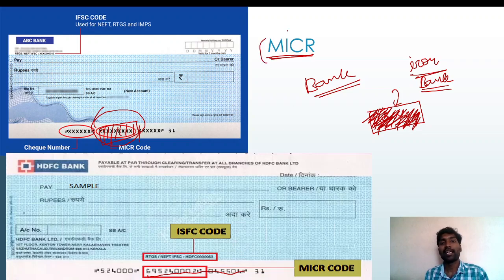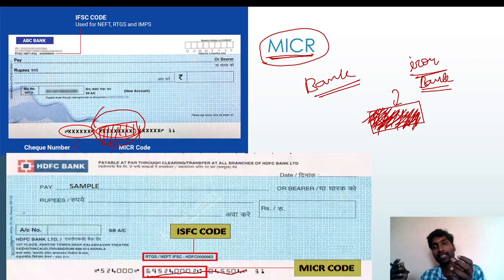Now when we are scanning this MICR, what will happen? Iron means what? It is iron, correct? Iron always has a connection with what? Magnet. After writing this we are covering it with some paint, so we cannot see which letter we wrote here, correct? But when we use the MICR, this ink will not show, but the magnetic iron oxide will become activated. Based on that activation, we can read the code like this. Okay, I hope you understand.